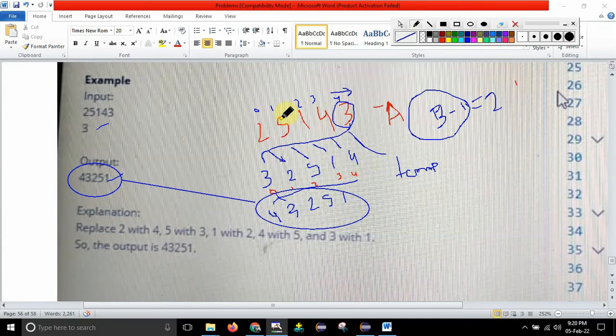After that you have to stop the loop whenever it reaches 1. You shouldn't go to 0 because there is no element which I can take and bring to the right hand side. So whenever it is coming to 1, you have to stop the loop. So when I consider 1, it should be replaced by the next element, that is 2. So after that this will be dragged here and put over here. Whenever I write the code, you will come to understand it properly. Still more clarity will be there.